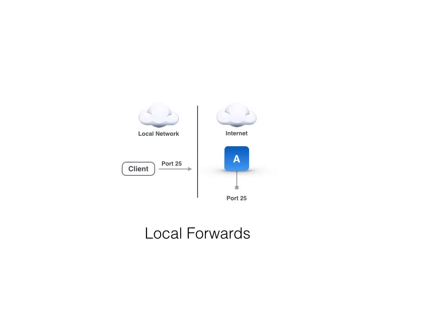The next type of SSH tunnel is called a local forward. A local forward is similar to a remote forward, except basically in reverse. On the local network, on the left, you have a client that's trying to reach some resource on the internet on the right, but for some reason, typically a firewall again or service provider configuration, the client can't do it. I illustrate port 25 here because